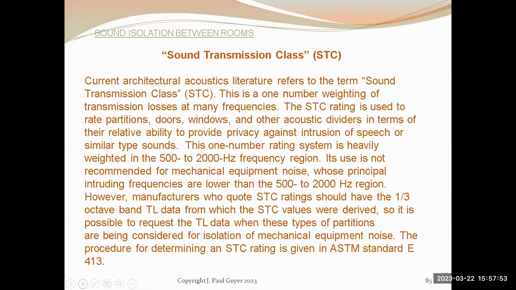Visualize your barrier wall of steel stud or wood stud construction, and you install flexible metal or plastic channels to the studs, and then you attach the chipboard to the flexible metal channels rather than directly to the studs in the wall. So again, you are breaking the sound path through the solid elements